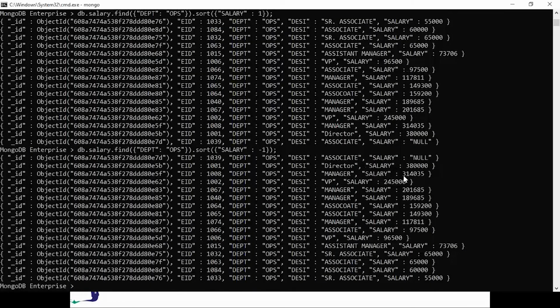And you can also sort on multiple fields, like I will say db dot salary dot find, condition, let me say department colon ops, dot sort, designation colon 1 to be sorted by the designation, or we can say -1,